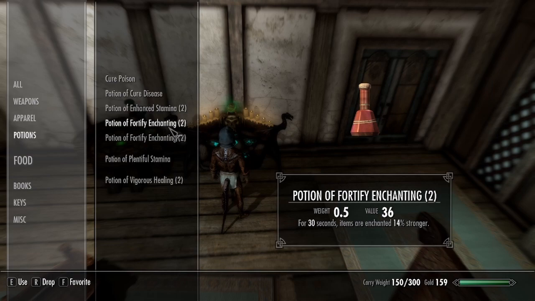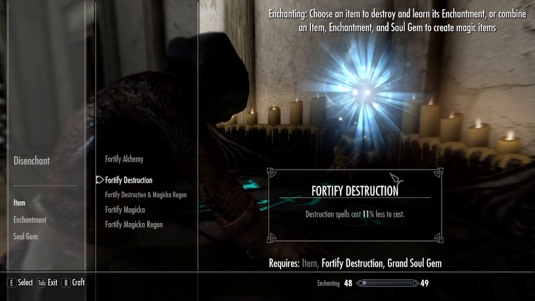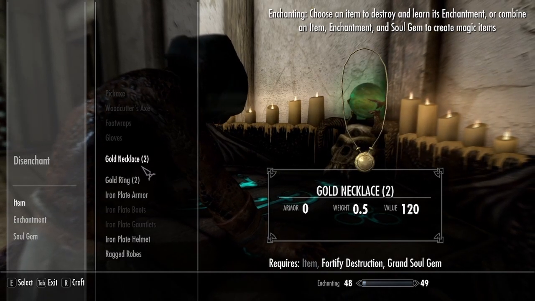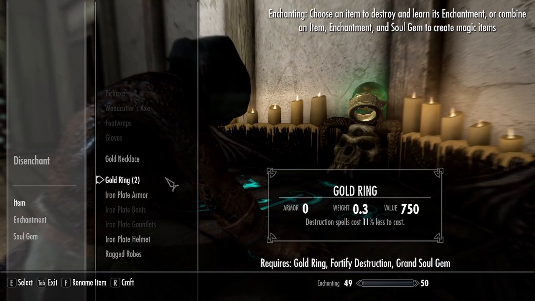This one does 14%. And we can do this. So Soul Gem, Grand Soul Gem, Enchantment Destruction. Now notice that it went from 8 to 11%, so that's a huge boost. Necklace. There we go. Actually, let me double check. Can I put these on the necklace, or is it just on the rings? No, it does. It does work on necklace as well. So necklace, then Grand Soul Gem, Destruction, gold ring,